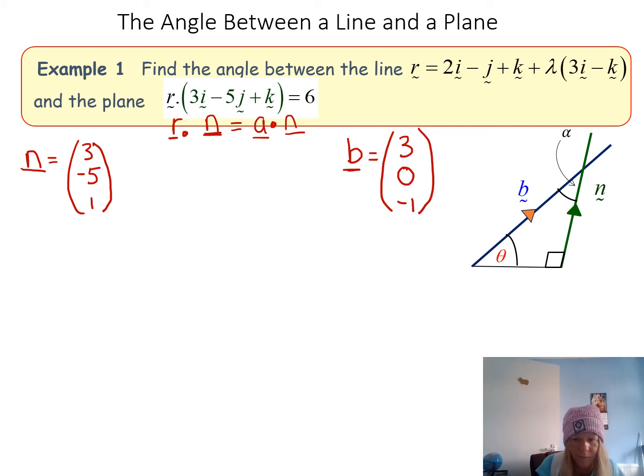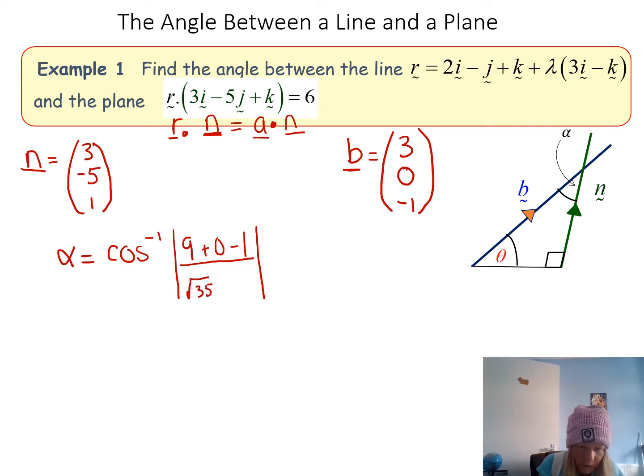So our alpha there will be n dot b. 3 times 3 is 9. In a minute we're going to have to do cos to the minus 1, aren't we? Because I'm after an acute angle, I shall mod whatever we get. Dotting these two, you get 9 plus 0 take 1, over the mod of that, so that's a bit of Pythagoras, square and square root: 9 plus 25 plus 1 makes 35, root 35, times root 9 plus 0 plus 1, 10. If you do that on your calculator, you'll end up with, I think,